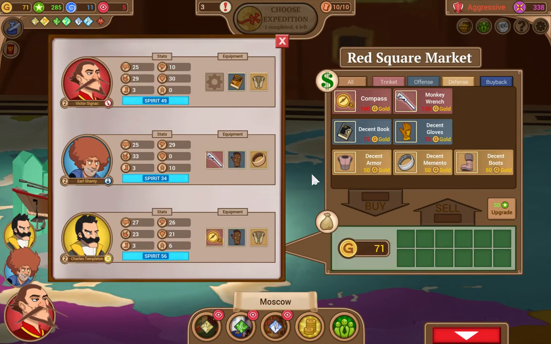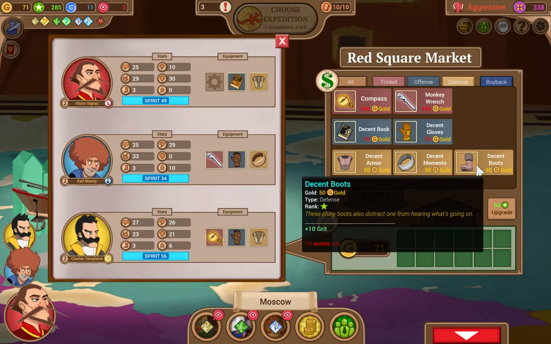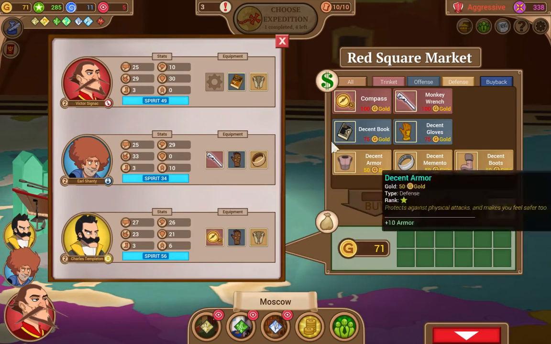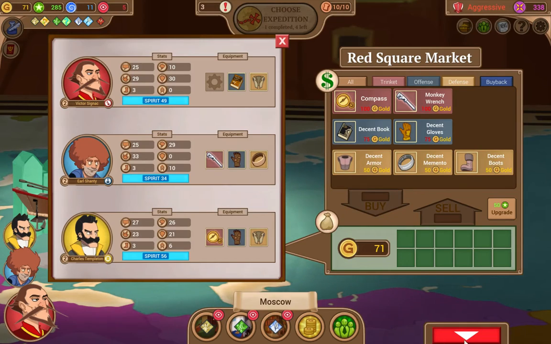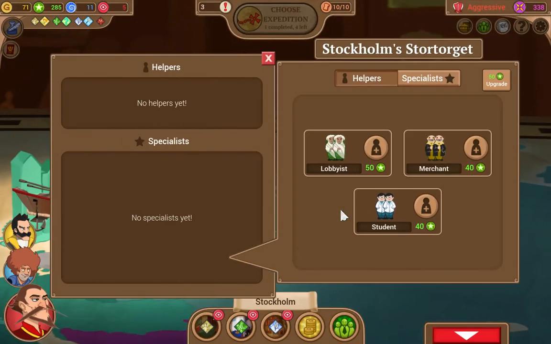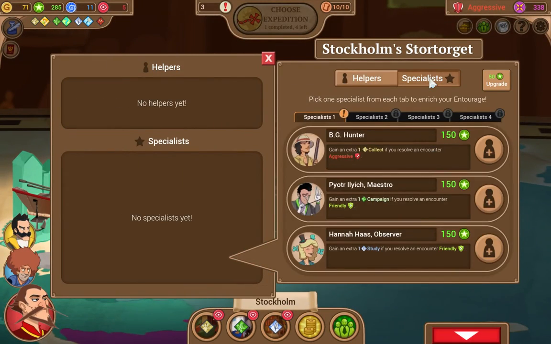Although if we wanted to, we could get some armor, some boots. So when we upgrade these shops, we're going to be able to get better versions of all of these things. So I think I'm going to hold off on spending any more money right now. And instead, we're going to come back here. And we're going to pick...